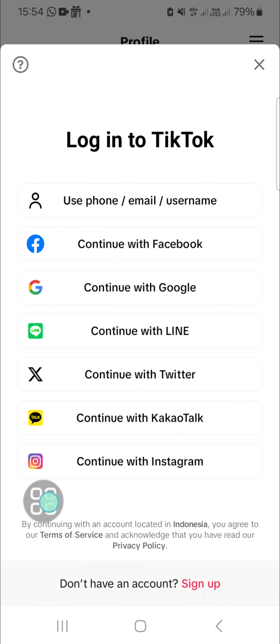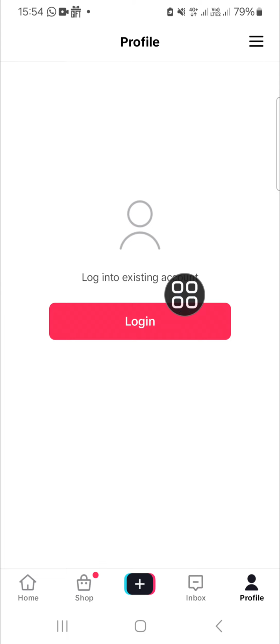It's the same, but if you haven't logged into TikTok, the TikTok application will keep suggesting you to log in, like this. You will get this kind of notification, and TikTok will suggest you to log into TikTok with your Facebook, Google, Line, Twitter, or maybe Instagram. It's up to you. But you can still watch a lot of videos without an account or without logging in to TikTok